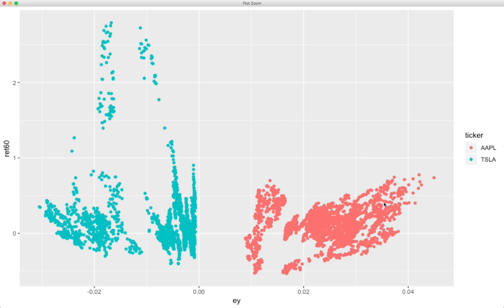How when earnings yield is greater than 2%, you do have a direct positive correlation. It shows there's a direct linear relationship between earnings yield greater than 2% and your 60-day returns. Now, we could build a model off that. That's pretty cool. But remember, when you're talking about direct linear relationships or any kind of positive correlation, we're